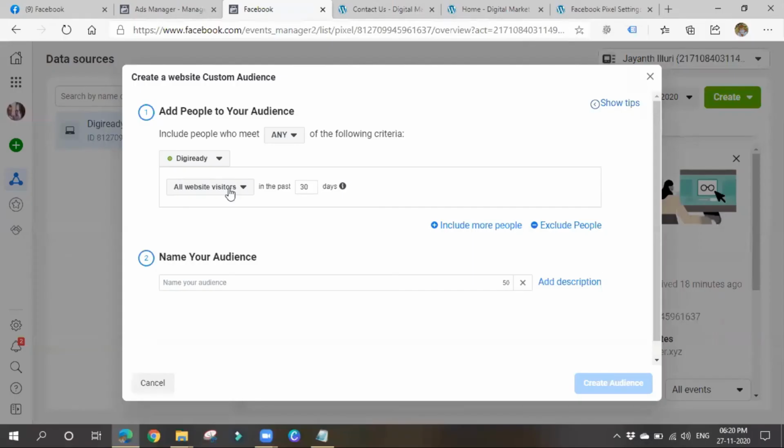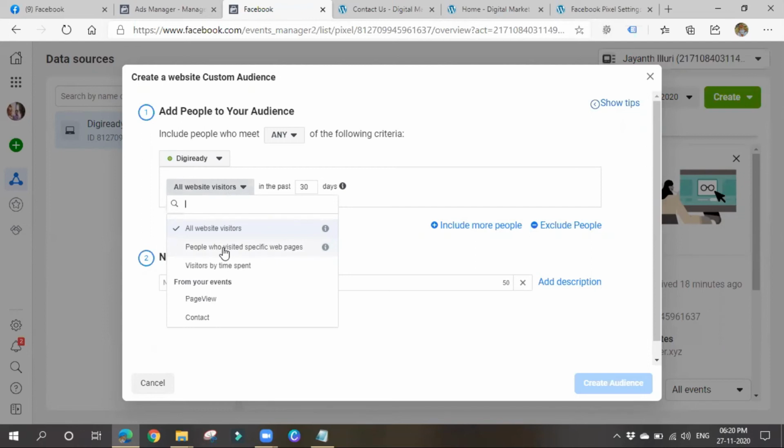You can target all website visitors, meaning the people who have visited your website, or else you can target people who have visited only specific pages in your website. You can also target people based on the time they spent on your website. You can also target them based on the events. You have created two kinds of events, like contact and page view. Based on the events also you can target them. The people who have performed these specific events on your website, you can target them. So in the past 30 days,